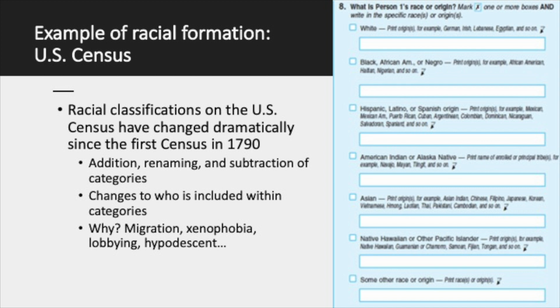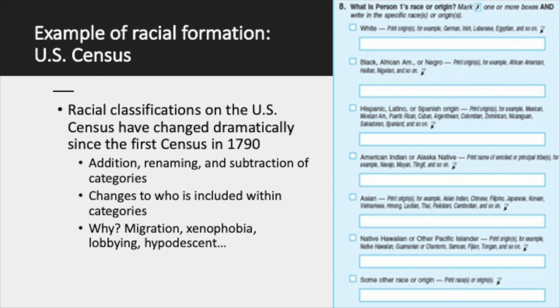We also see rules of hypodescent in racial classifications on the census. And this means that any amount of non-white heritage, by the definition or rule of hypodescent, makes a person non-white. Right? And they do not use white as their racial classification, even if the majority of their heritage is white. The concept of whiteness is also amorphous and changing across time. Who's included in the white category within the census? And we've seen changes in how people respond based on different nationalities or different ethnicities.